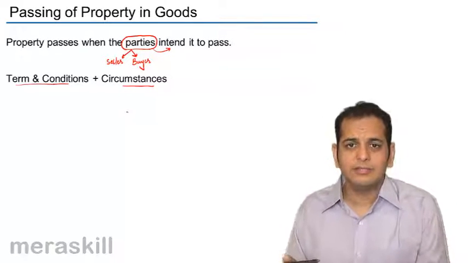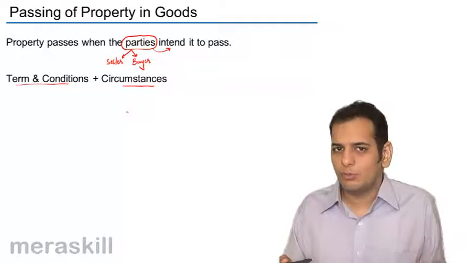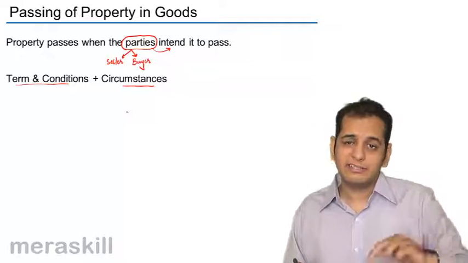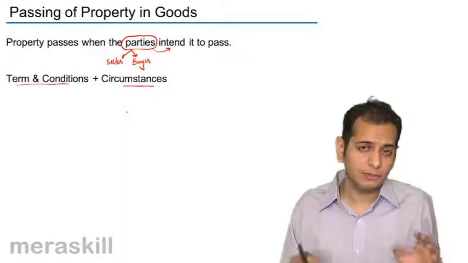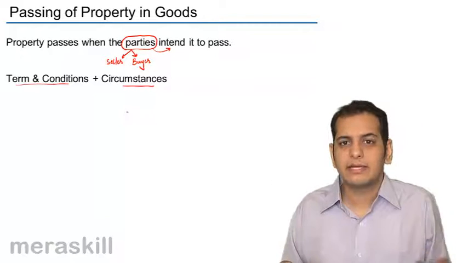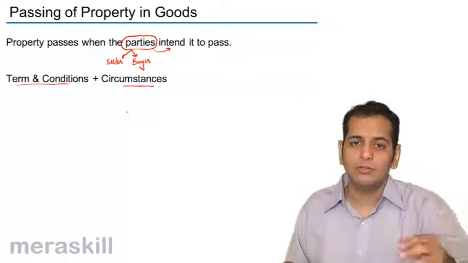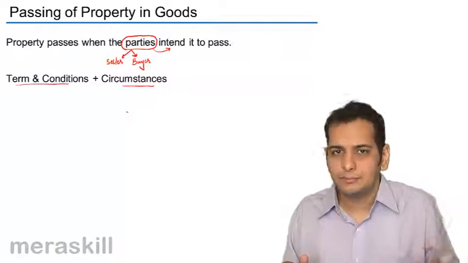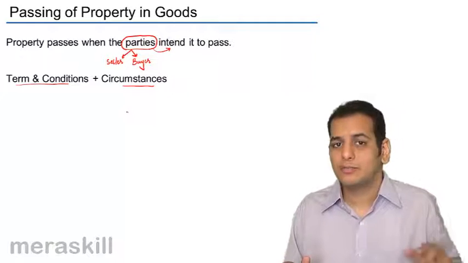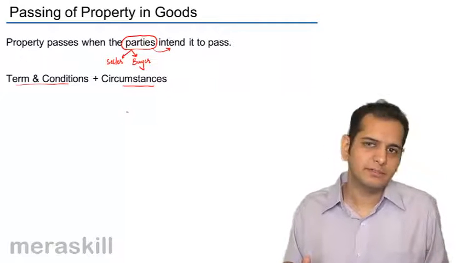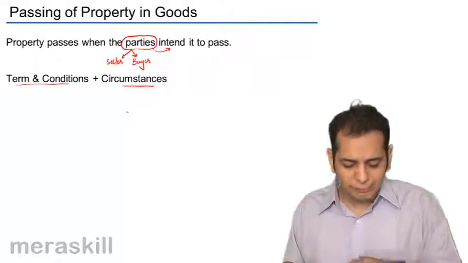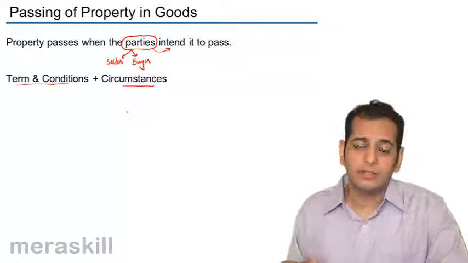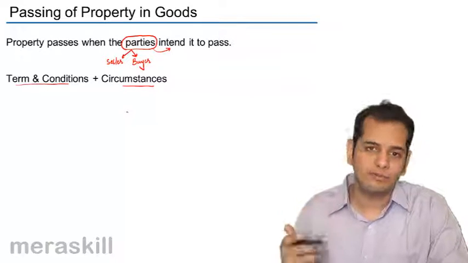Now in this case, they both are willing to enter into a contract of sale there and then, but the buyer wants to pay after 7 days, the seller wants to give delivery after 7 days. So from the circumstances of this case, I can conclude that possibly the parties intend that the ownership should get transferred after 7 days. They do not intend to get it transferred there and then. Okay, so many times these terms and conditions and circumstances also help us in knowing the time of transfer.